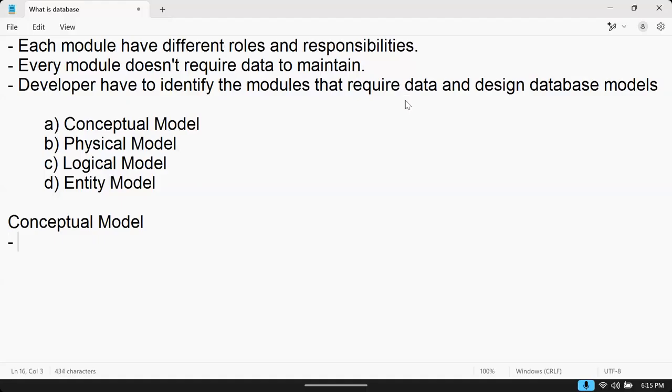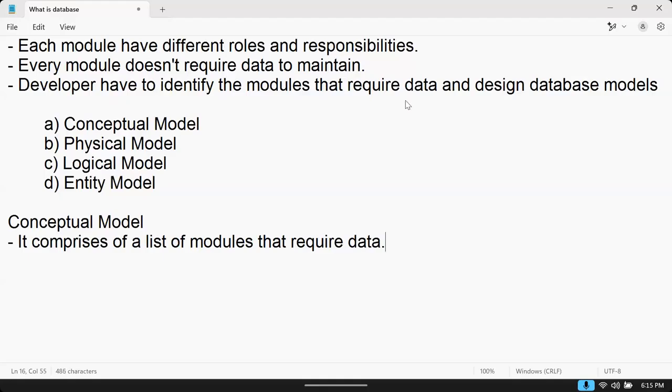Conceptual model. It comprises a list of modules that require data.